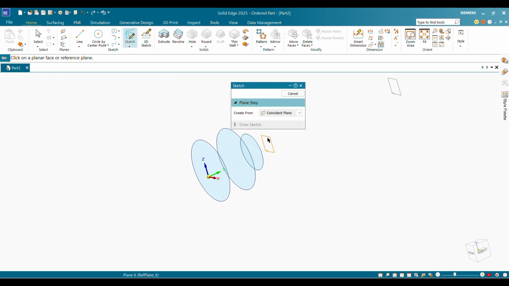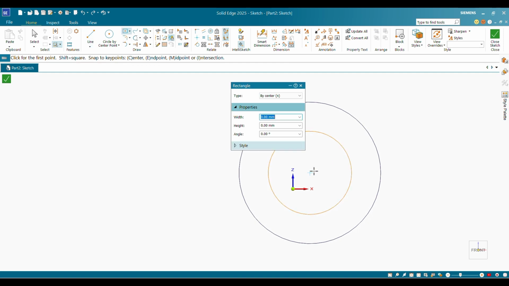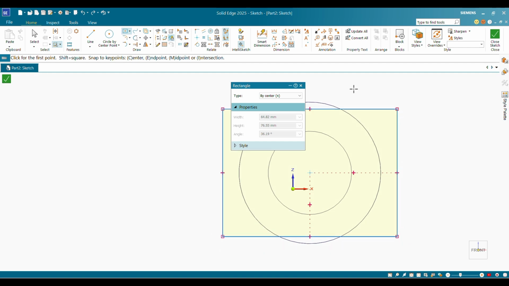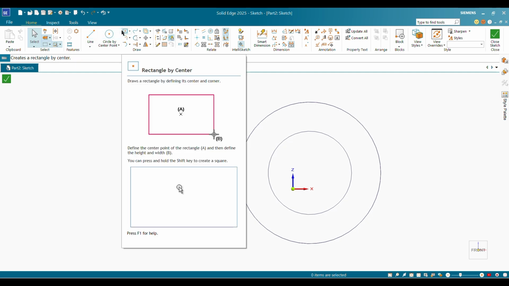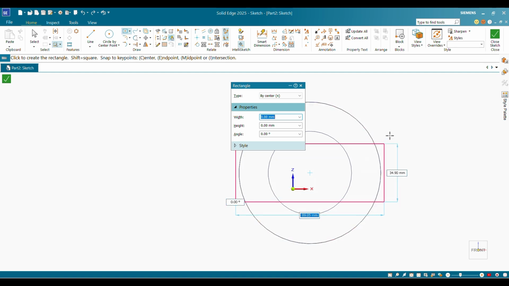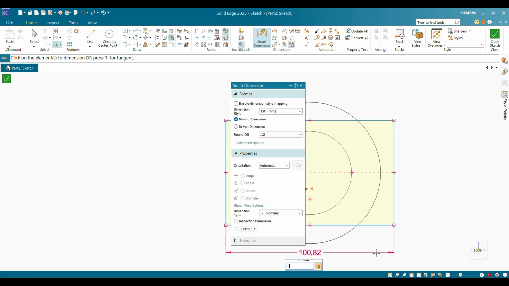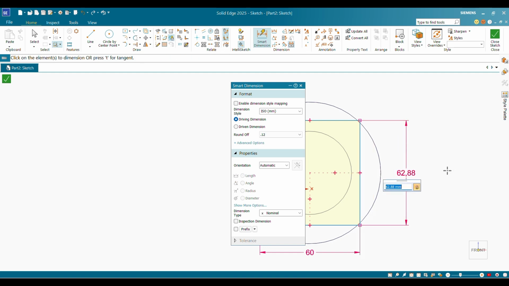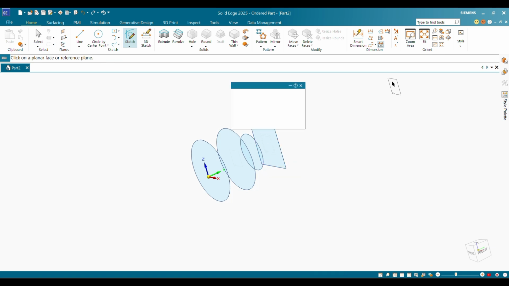Click on sketch, select plane, we will draw a rectangle by center. Dimension 60 by 60. Close sketch. And then again on sketch, last,